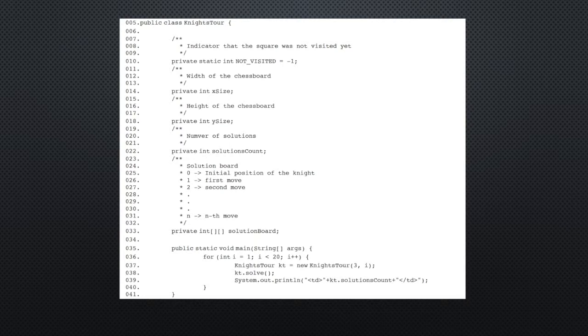yet visited. The next part of the code is to initialize the width of the chessboard, which is named x size, and to initialize the height of the chessboard, which is named y size. We then will have to initialize solutions count. This will count how many possible solutions have been counted through the whole program. The next initialization is to initialize an integer array called solution board, where it will store the matrix of each possible solution